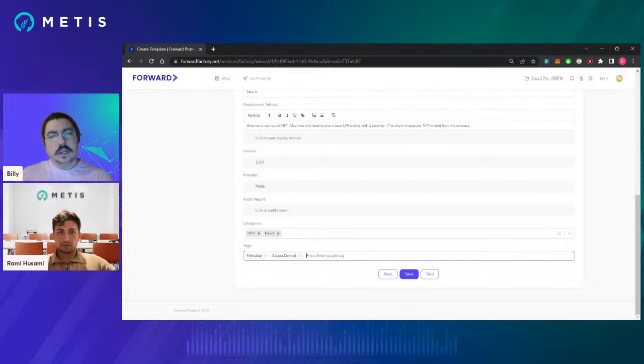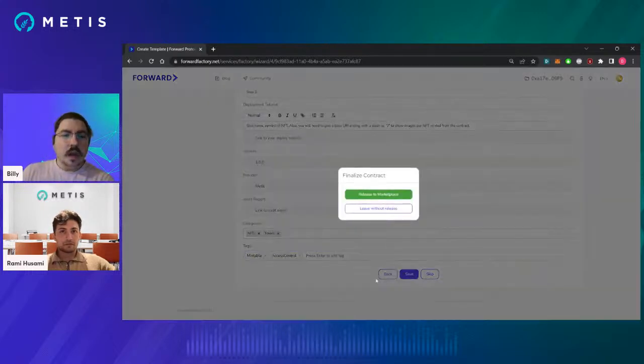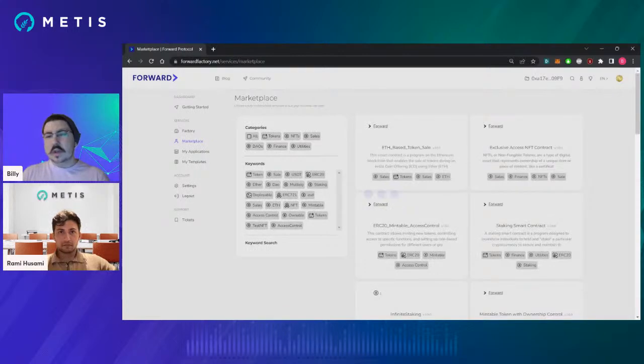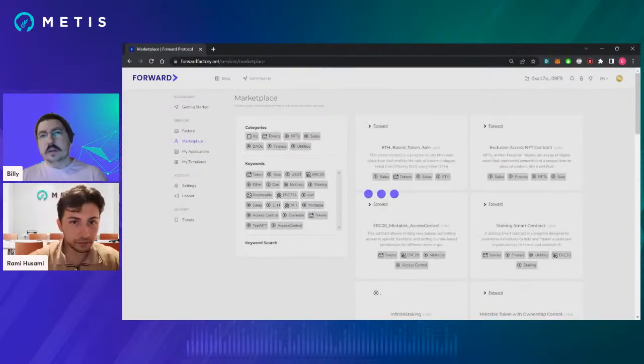Cool. So once we're done here, we can click on save. And now you have the option of finally releasing it to the marketplace. But if you're not quite confident in what you've done yet, you can leave without release and come back and edit it later. But today, we actually want to release to the marketplace. So that's what I'm going to do right now. And that's essentially it. What we've done in probably about 10-15 minutes, without obviously having to explain all your actions,